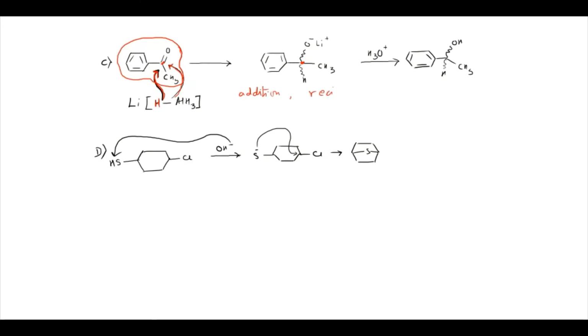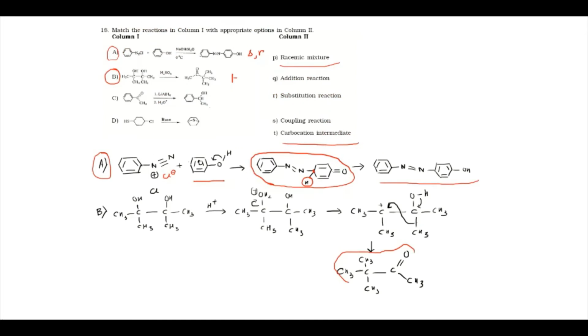So if we go one slide back, yes, and if we check, we can see that this C can be matched with Q, which is an addition reaction, and also giving a racemic mixture. So Q and P will be the correct options of column 2, which are matching with C. Now D